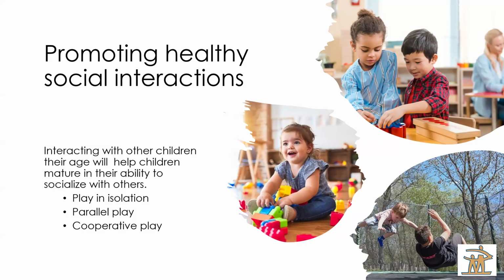Parallel play is when kids are starting to sit closer together. They might start to share a little bit or look at each other and maybe giggle or do things side by side. And then we move into cooperative play. And that is where children begin to develop playing together by things such as, hey, let's go play house. You be the daddy and I'll be the mom. And then so and so is going to be our kid. Or out on the playground, let's play tag. You're going to be it first, and then we're going to take turns. That is how cooperative play starts to develop. So they really do go through those 3 stages of play. And those stages are very important.